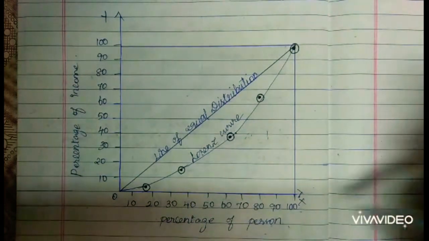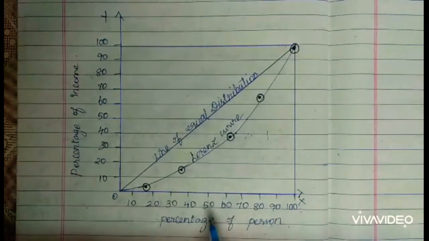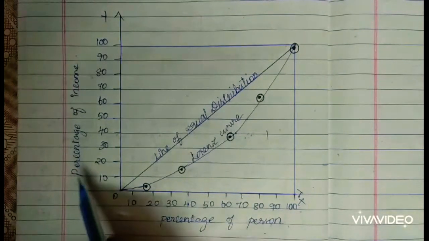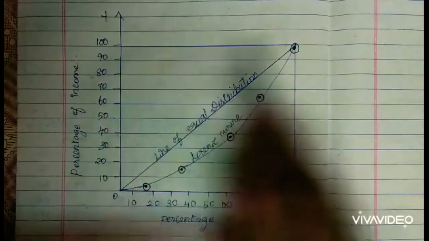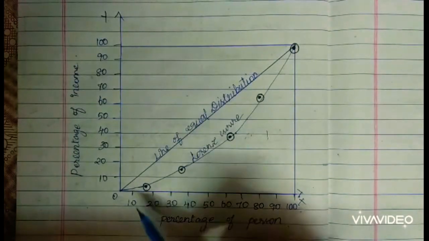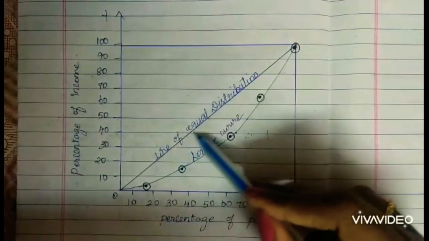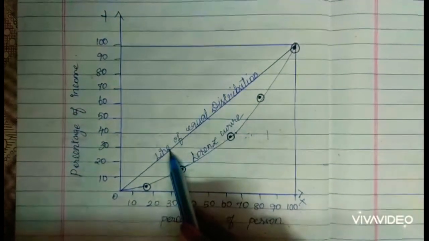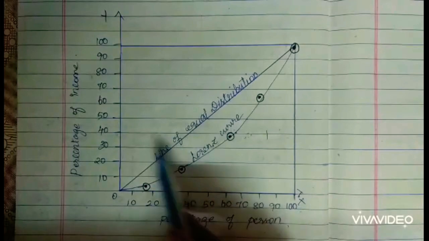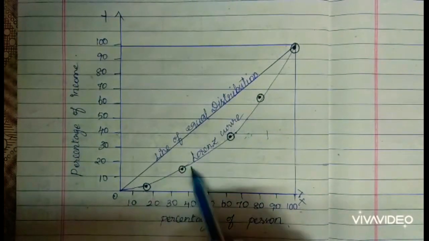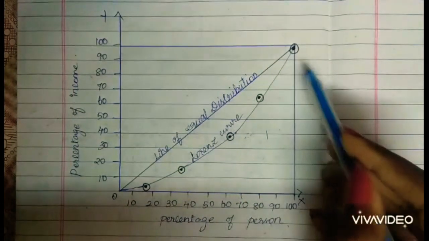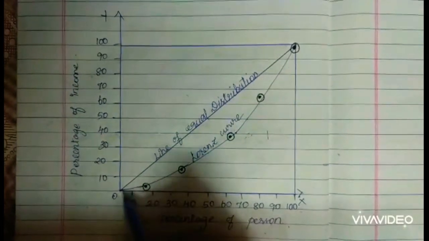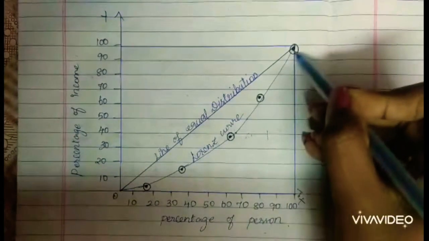We know that the last value of the percentage of number of persons and the percentage of cumulative mid values, the last percentage we have mentioned is 100 only. So both the ends should be connected. And the central diagonal line, called the line of equal distribution, has to be drawn. This line is the center line which separates both sides equally. And we have to plot the dots from the table, whatever values we have got.